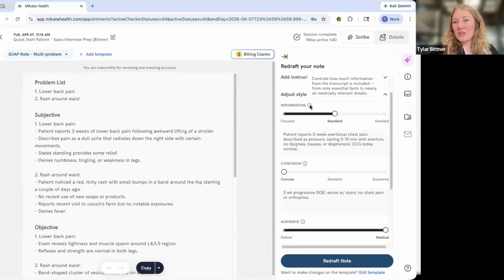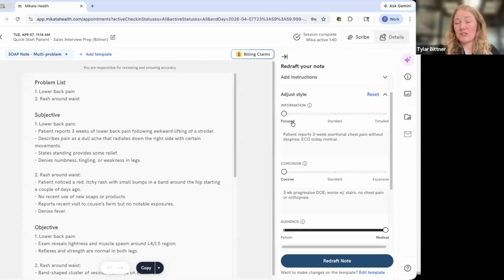The information really can be summed down into how much. So how much data, how much information do you want the scribe to be pulling into that end note? You can use the focused threshold to only pull in those essential details, or as much detail as possible.